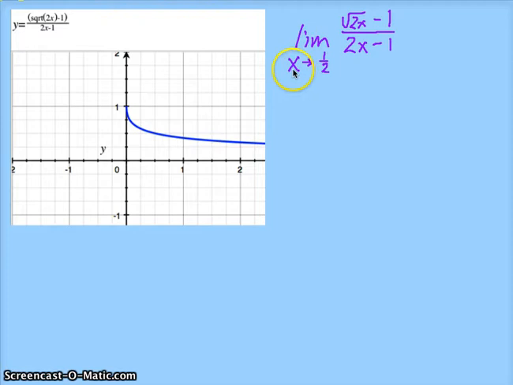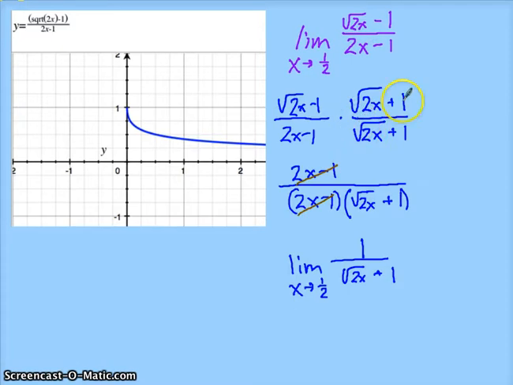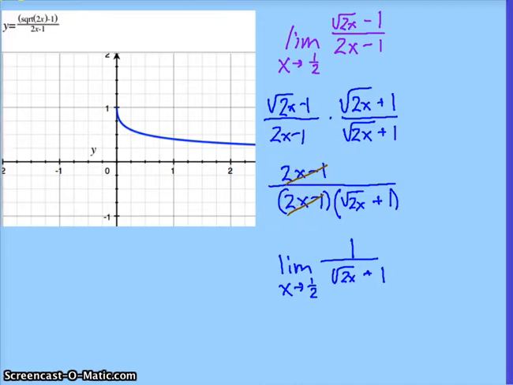In this example, we want to approach 1/2. Okay, and I can see from the denominator the limit exists, but the limit's 0. Okay, so that's a problem. So it doesn't look like I can factor, but the numerator looks, anytime you have a square root or something like this, it's going to clue you in that you might have to rationalize the numerator by using the conjugate. So again, by using the conjugate, I find that I can cancel one of the factors, which again means that the function is undefined at